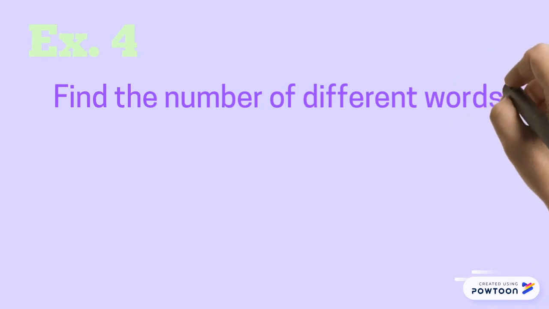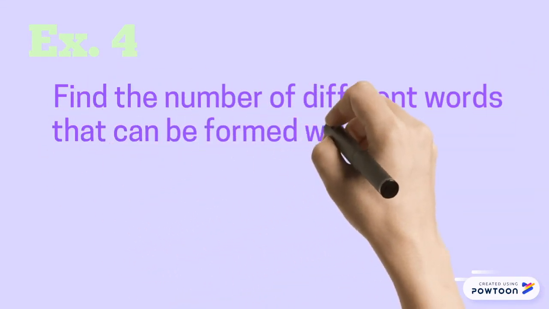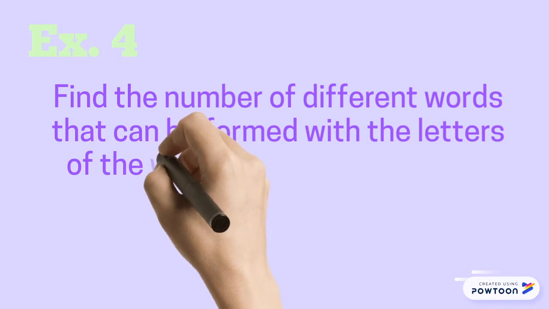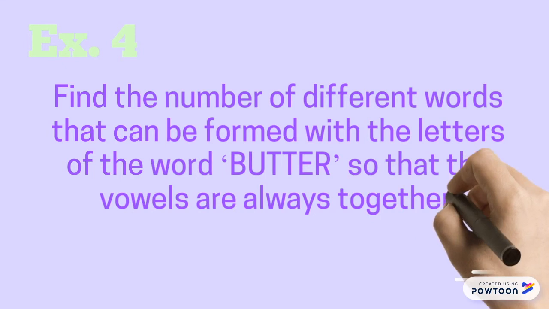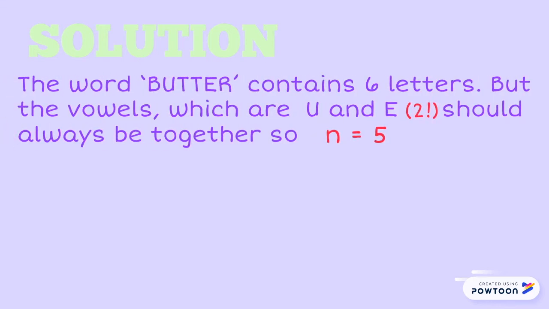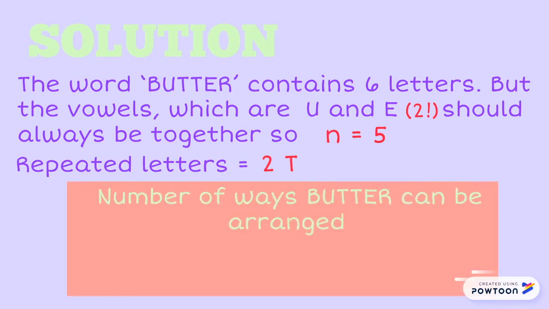Find the number of different words that can be formed with the letters of the word butter, so that the vowels are always together. Solution. The word butter contains 6 letters, but the vowels, which are U and E, should always be together. So n is equal to 5. U and E is represented by 2 factorial. The repeated letters are 2 t's. The number of ways butter can be arranged is given by 5 factorial over 2 factorial times 2 factorial, which is